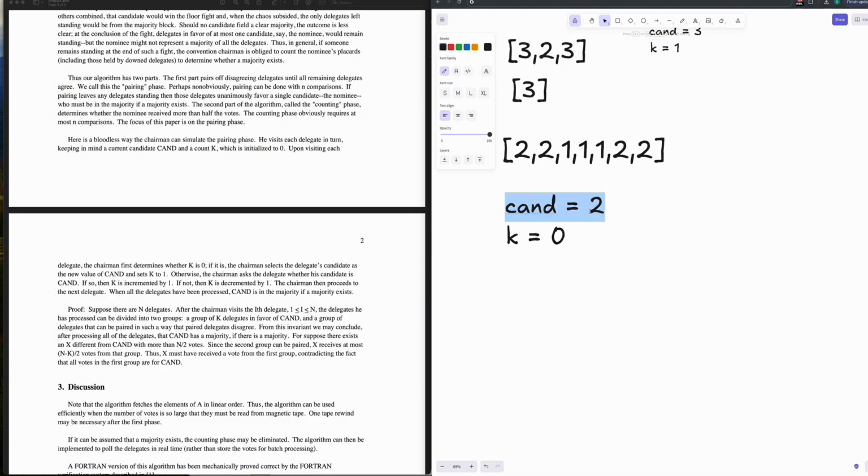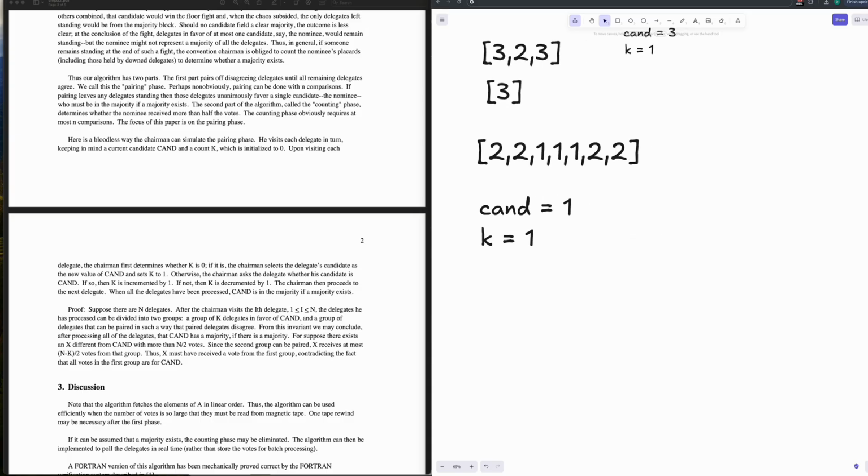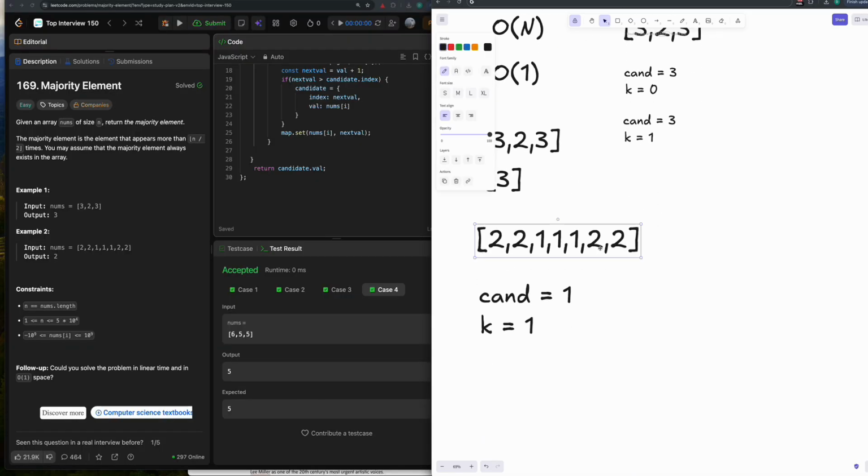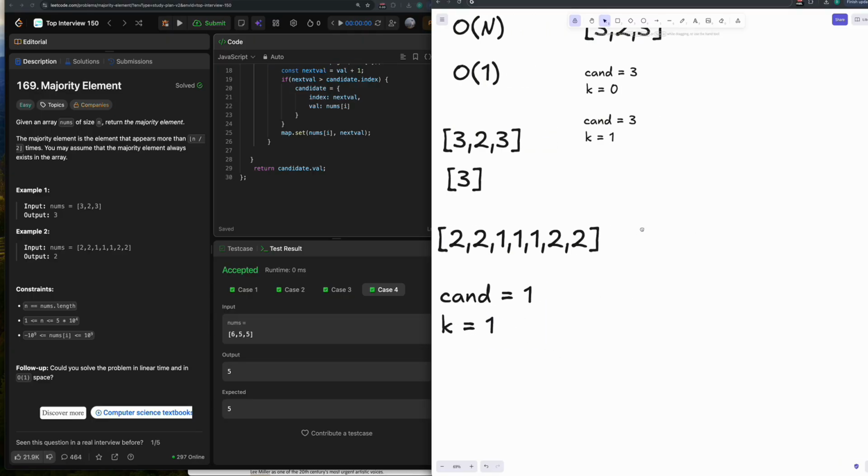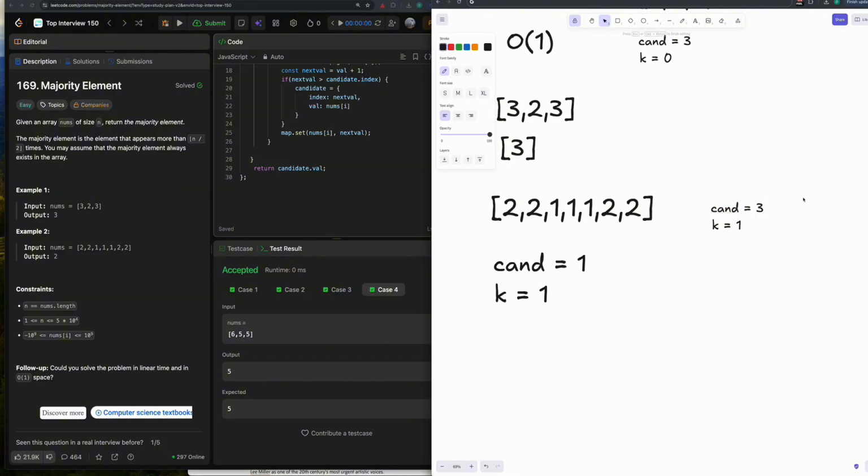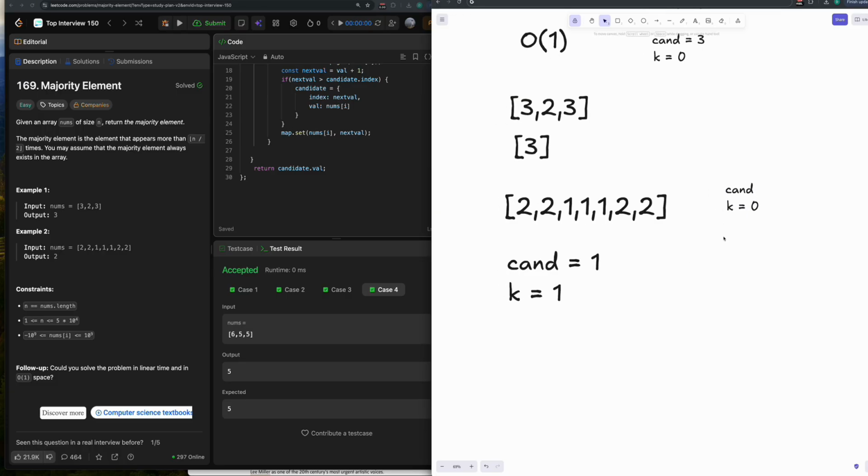So basically, we're going to say that the candidate is 1 now. So how do we write that in terms of code? Basically, I have a candidate, which initializes at 0, as he mentioned. Candidate is 0, and k is 0, and it's kind of undefined. You can just say let candidate, for example, and then as I iterate through the array, I'm going to say,